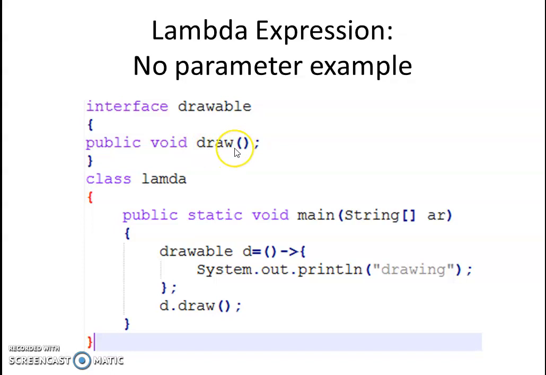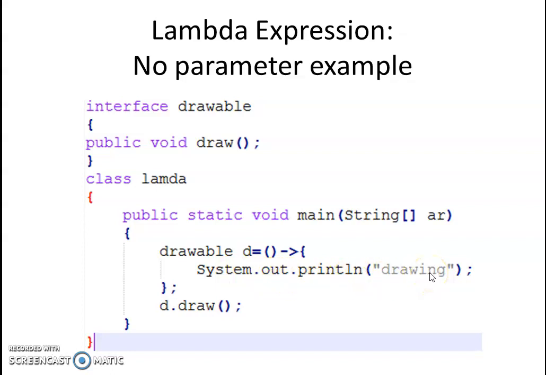Now this draw method does not take any parameter. So here the lambda expression is not taking any parameter. Then we write the arrow token, and inside curly braces we write the definition of this particular method. So it is just a printing statement, System.out.println.